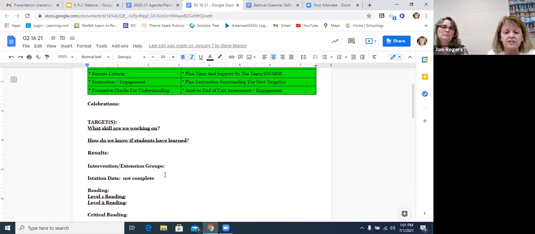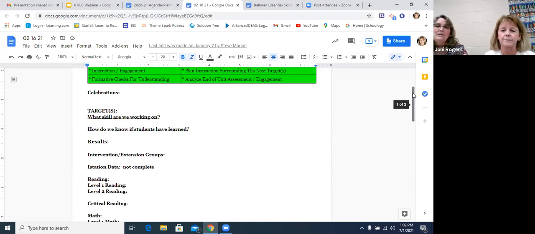Then we'll enter our iStation data, which we practice on a daily basis. We have time set aside: get your laptop out, we're going to go to iStation for 20 minutes, 30 minutes, whatever, just for practice. That way, when it comes time for the real assessment for the month, we can see the graph of their growth. And we'll list our iStation data here. So we're really watching those critical and at-risk kiddos, trying to see what we can do to improve their iStation score. Yeah, we definitely look at the iStation data.